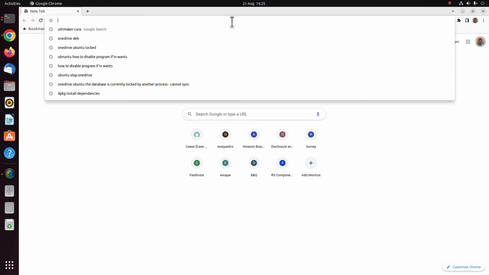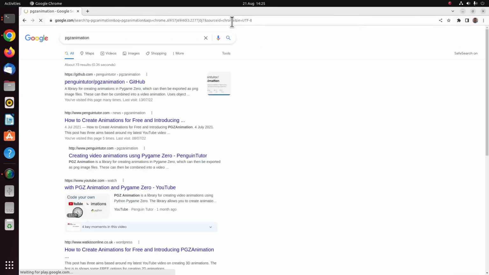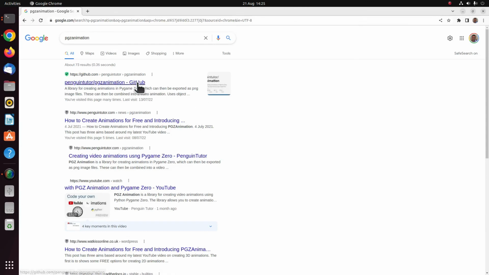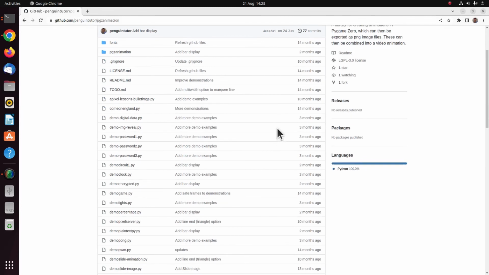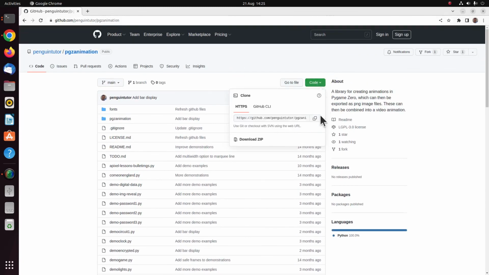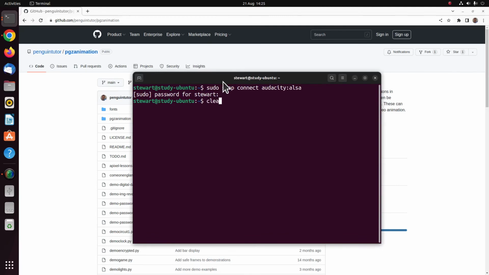I'll just show you how you can install that, because that's a little bit different to how we've installed the software so far. It's on GitHub, so if you go to github.com/penguintutor/PGZAnimation, and you can just click on code, and if you copy this, then you can install that using git clone, and then if you just paste that in there,